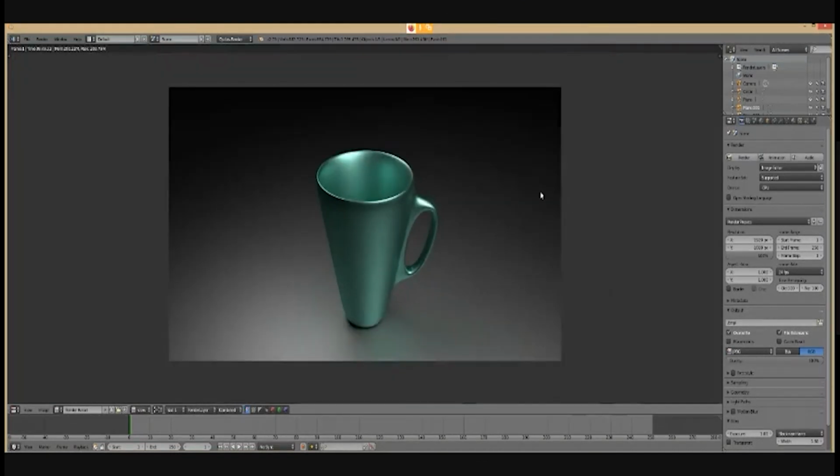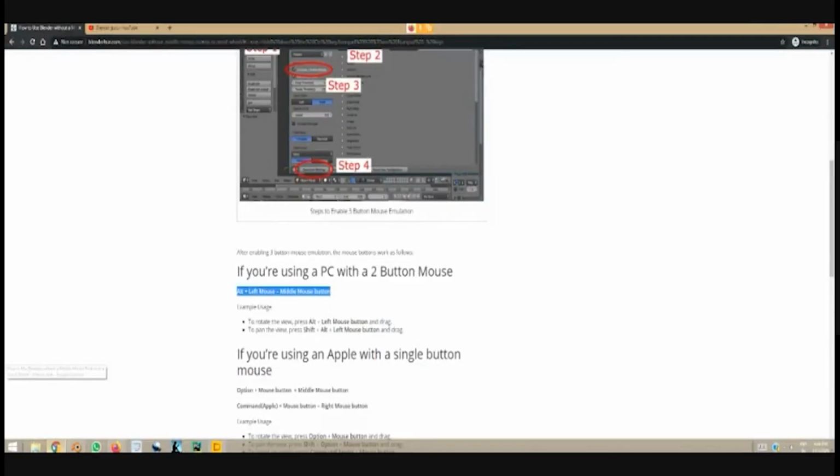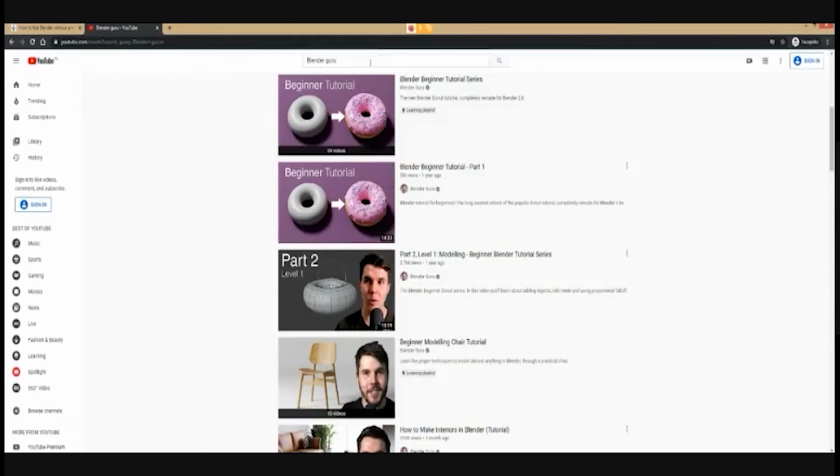It looks okay. There's a high possibility that at some point you would have got stuck, because at least when I was learning, there were lots of points where I didn't know how to move ahead. But with practice you begin to recognize where you're going wrong. Sometimes you get stuck because you got confused between object and edit mode, so you try to do something there. So this is what the final image looks like. For those of you who want to work with Blender, like let's say 2.8, or you want to do much more advanced stuff, on YouTube, if you type Blender Guru,